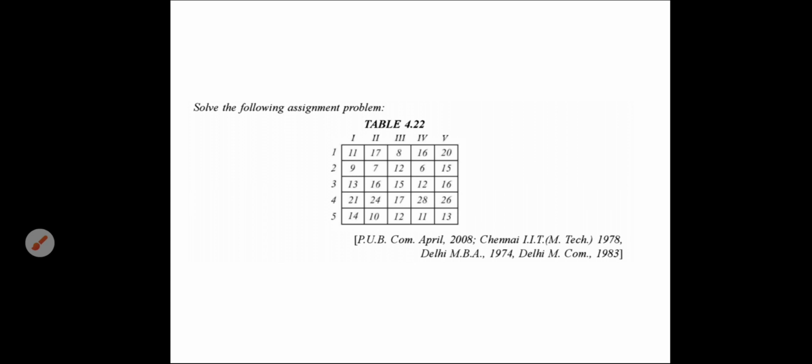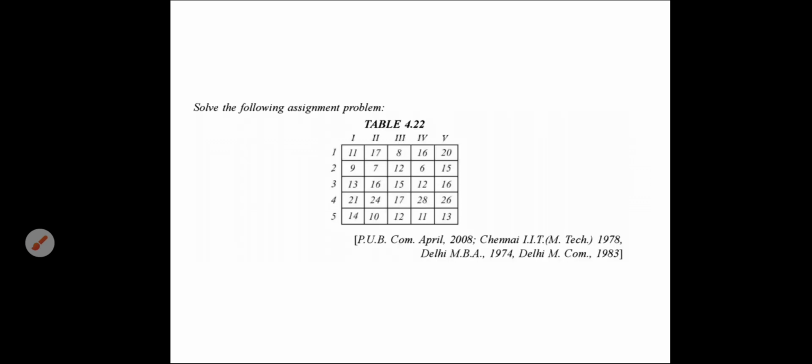Solve the following assignment. So a 5x5 matrix is there. Consider this is for minimization, a cost minimization problem. You assign the number of elements; rows are 5 and columns are also 5. So start the process. What is the first step? Make it square. As it is already square, you need not reduce it.